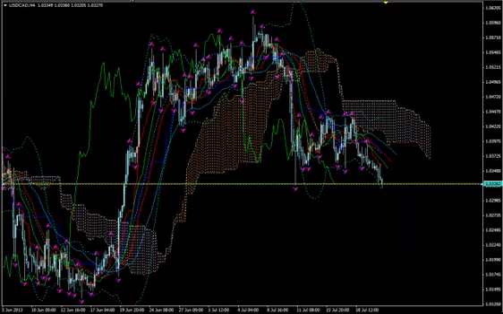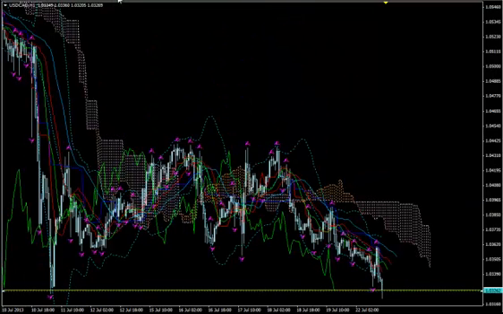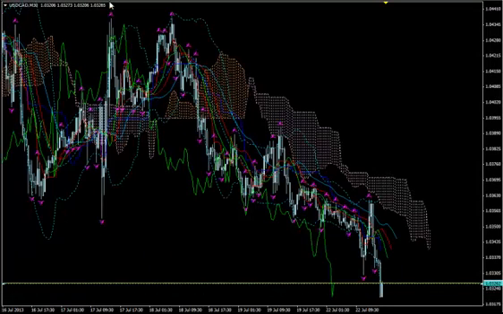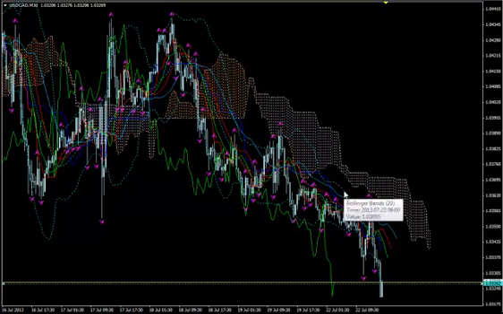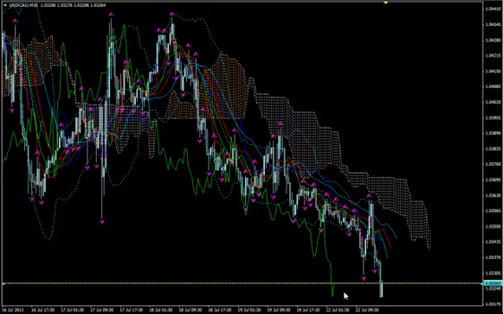We make sure that here on the H4 chart, Chikou span goes straight up, which doesn't happen here. On the H1 chart, Chikou span goes straight up, preferably above past price action, which doesn't happen here. M30 goes straight up, but preferably above past price action, which doesn't happen here. It goes up, but it's not up here, it's down here. And ideally, we would like to see Chikou span above past price action and above the Kumo, which doesn't happen